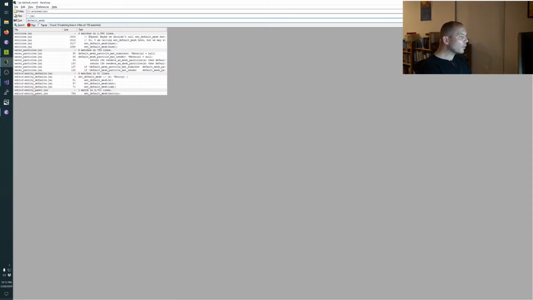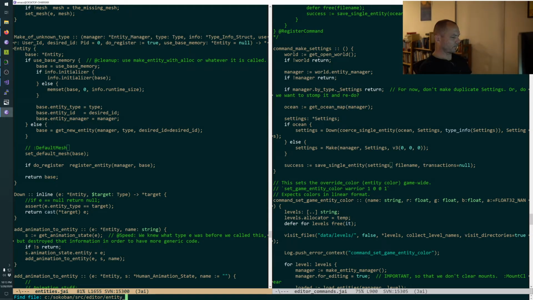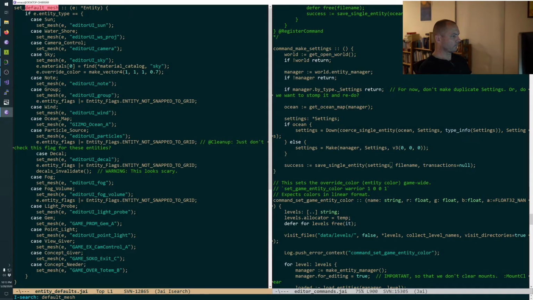Default mesh. We're just going to pick one of these and we'll change it later. We'll change it later. Oh yeah. Since I'm adding an, what is going on with this indentation? Since I'm adding an entity type,